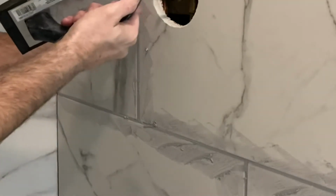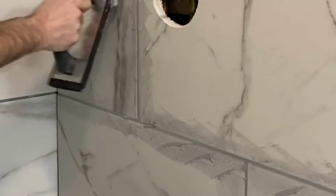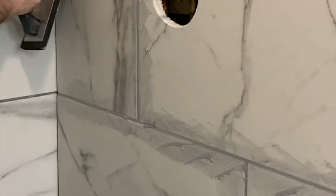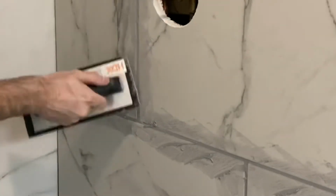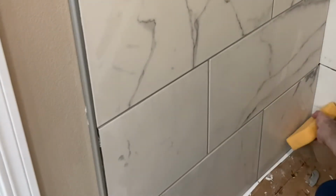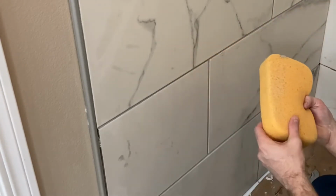If you've never grouted before, it's pretty straightforward. You're going to want to YouTube search for how to grout for more specific information on this. But basically, you're going to want to push that stuff in with your float into the joints, into the gap there. You don't want to just make sure it covers the surface, right? You actually want to see it go inside the joint, and then you will wipe the excess away with your float. And after that dries for, I don't know, anywhere from 10 to 30 minutes, depending,